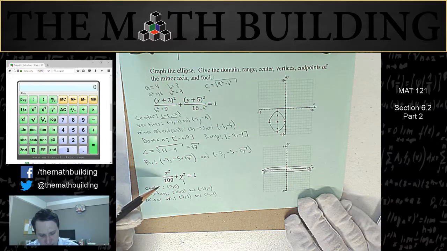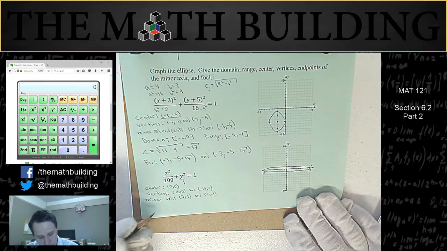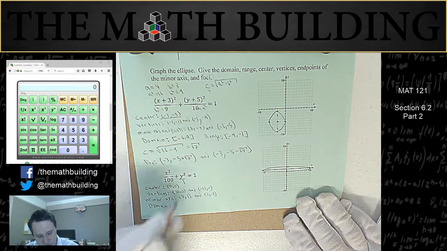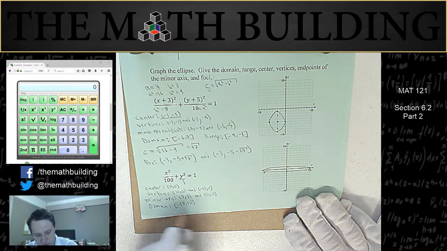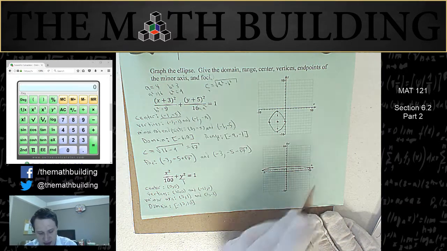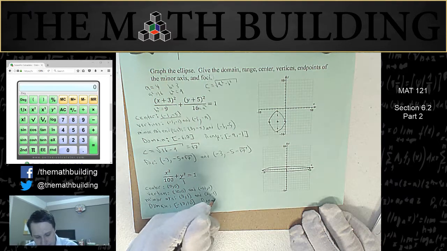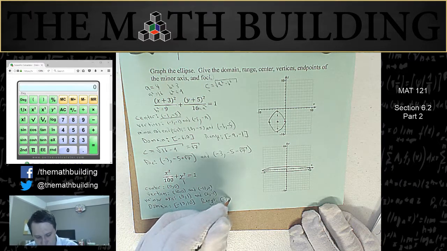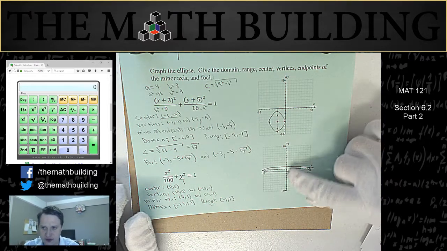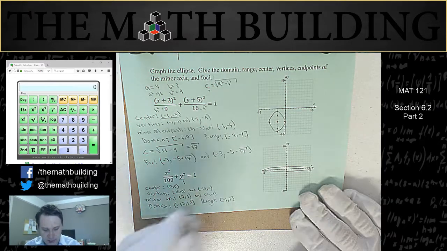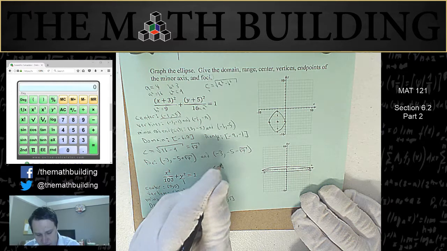We got our center, we got our vertices, domain and range. Domain is going to be from -10 to 10 with closed brackets, because we're going from -10 to 10, and the range is going to be from -1 to 1, also with closed brackets, because that's how far up and down we go. So now we just need to find the foci, and again, c is equal to the square root of